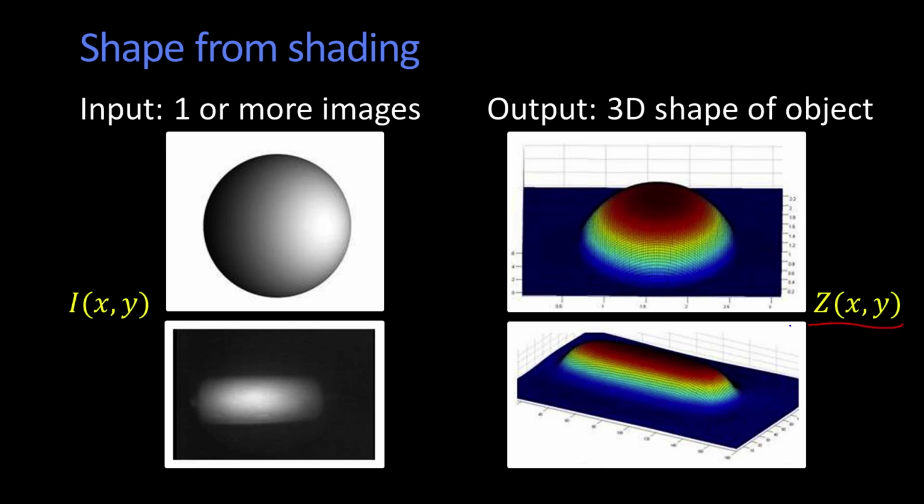So the fundamental question is, given this single image, can we recover the 3D shape? Well, as we talked about when we did lightness, fundamentally this is an ill-posed problem, right? Because I don't know what the underlying albedo is, and maybe I don't know what the illumination is. So there could be lots of different shapes and combinations of illumination and albedo that would give the same image. So, as I said, this is ill-posed.